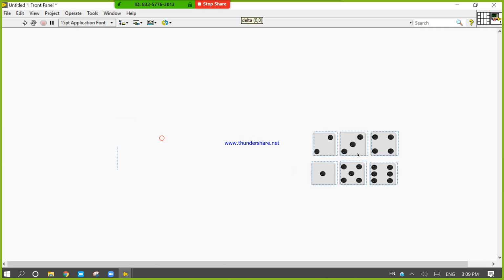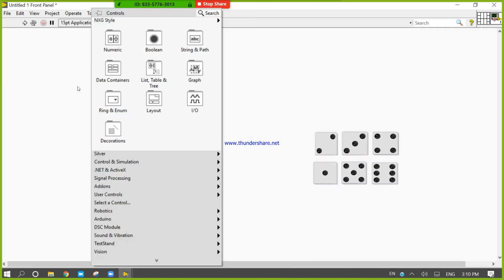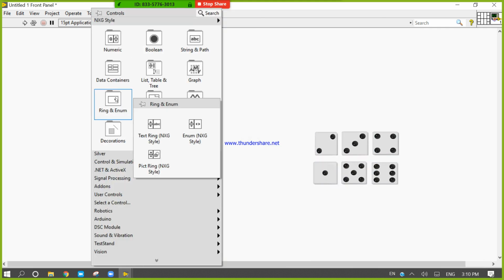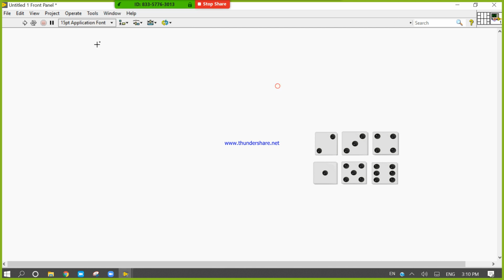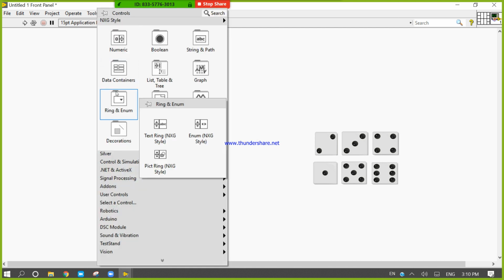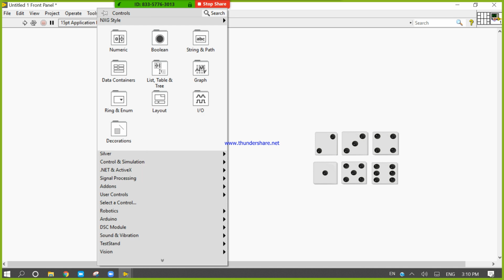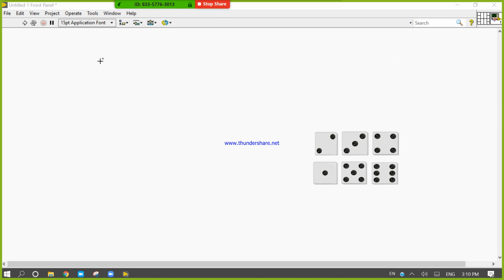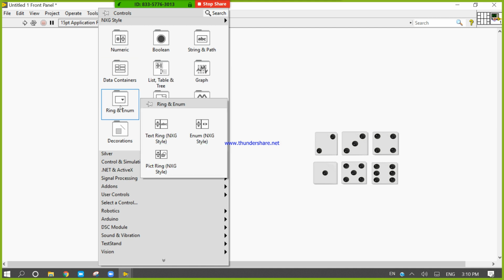Now right click in the front panel, come to ring, come to the pictures and take this picture ring. If you are using this NXG style, then come into the ring and enum, right click.